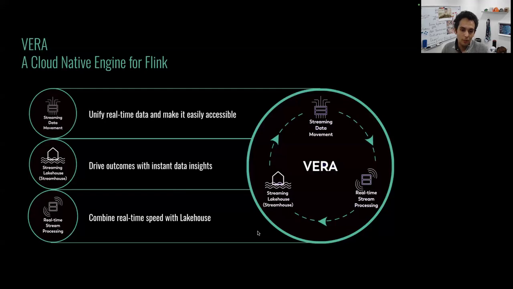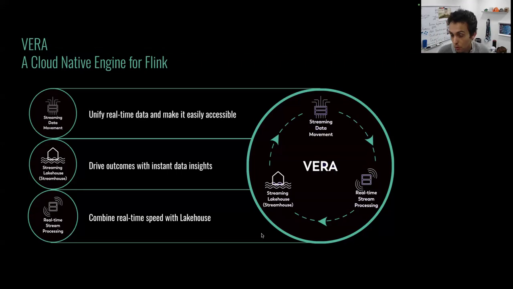This is where we came to the idea of three main pillars. The first is streaming data movement, the ability to ingest data in real time. This is where Flink CDC came from. We open sourced this as well, but we have an enterprise Flink CDC engine, which allows you to take a Stream Native cluster and say, give us every Kafka topic as a catalog entry, give us every MySQL, every Oracle, every DB2 table that exists as a catalog, which will change over time and have that evolution with it, meaning you can move data as you need to.